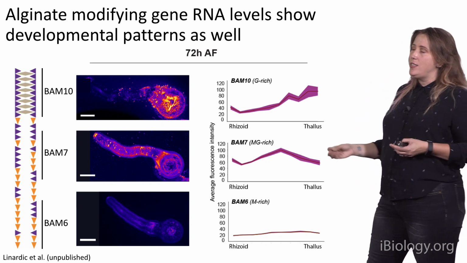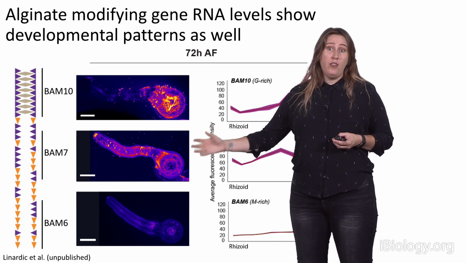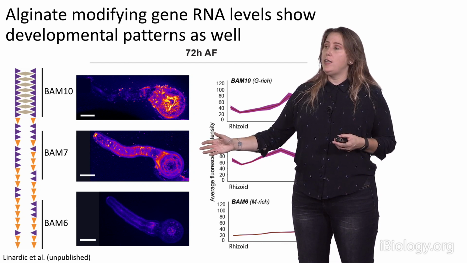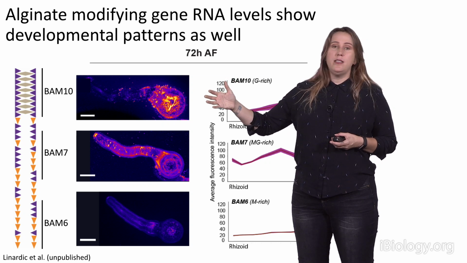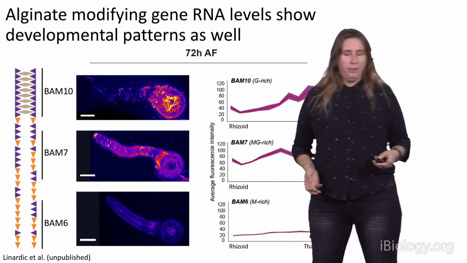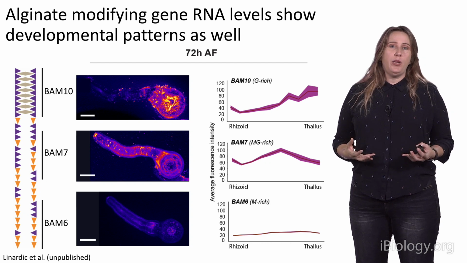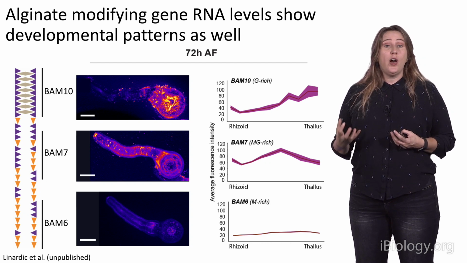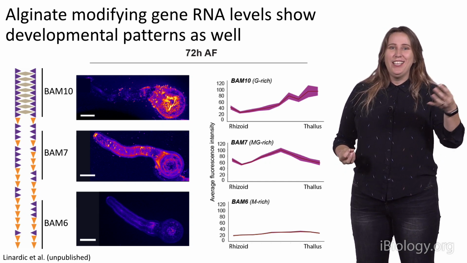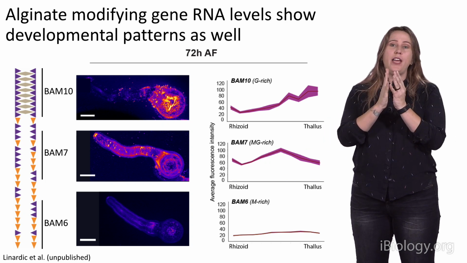And so what this tells us is that probably most of the alginate in the developing embryo is going to be in a mixed mannuronic guluronic acid configuration, at least as far as we can tell with these antibodies. But really it's this stiffer presence where BAM10 labels that is correlating well with where we have stiffer cell walls. Okay, this was pretty interesting for us because we'd seen something similar in plants. When the cell wall was stiffer by AFM, we had more calcium-capable binding pectin, and we're seeing the same thing here, a different polysaccharide, but again, this calcium-binding